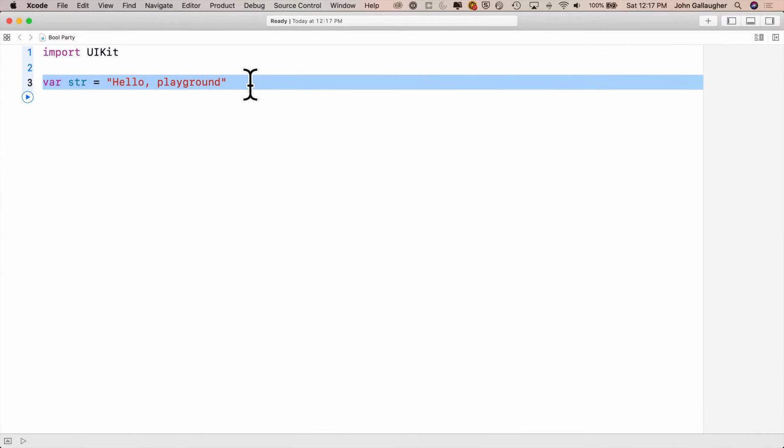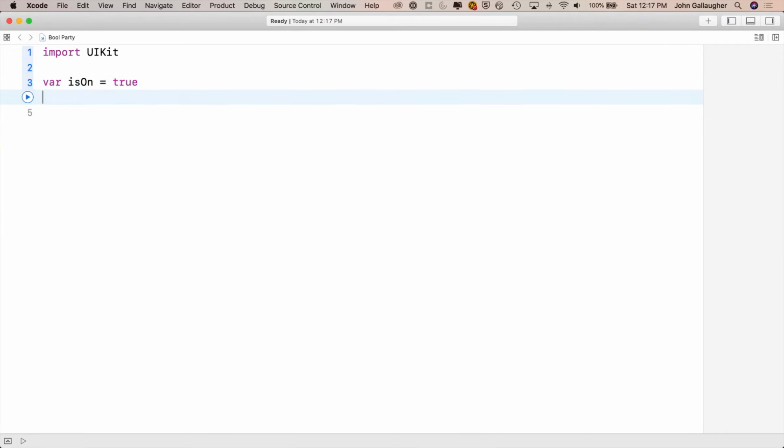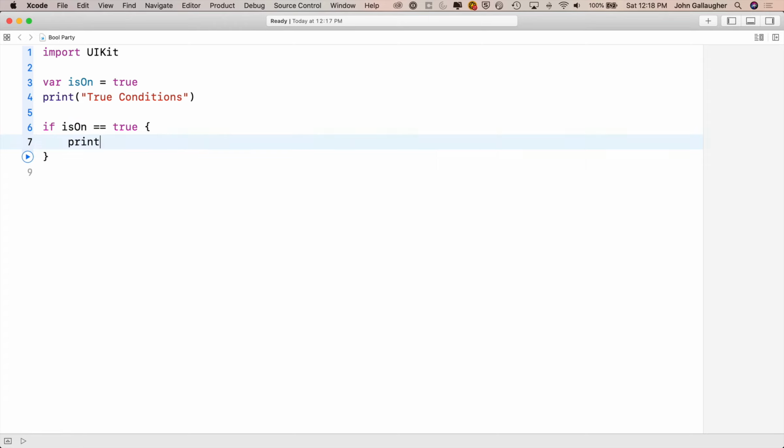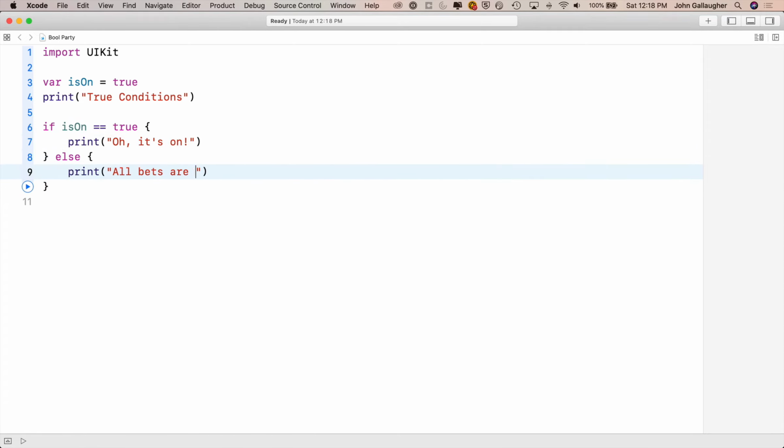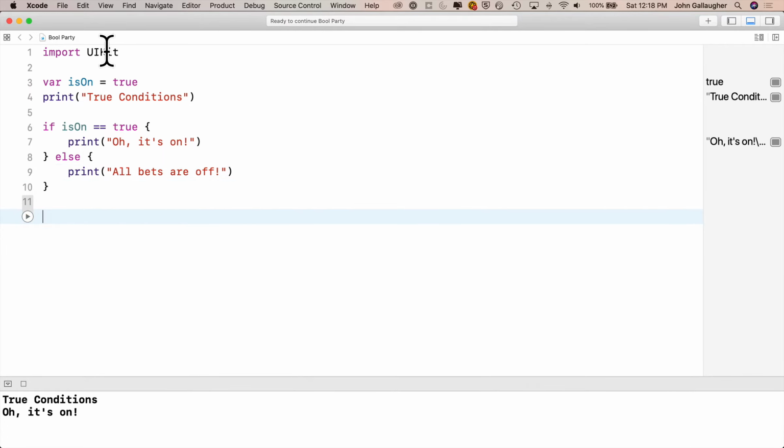Now I'm going to expand my window. I can get rid of the str var here. And we'll start out with a var isOn equal to true. And just up top, I'll put a print statement that says true conditions. This will just allow me to separate that from false conditions that I'll print just below this. And then below that, why don't we say if isOn equals true, and then open curly braces, print, oh, it's on, else we'll print all bets are off. Now I'll Command Enter to run, and I see it prints out true condition, oh, it's on,